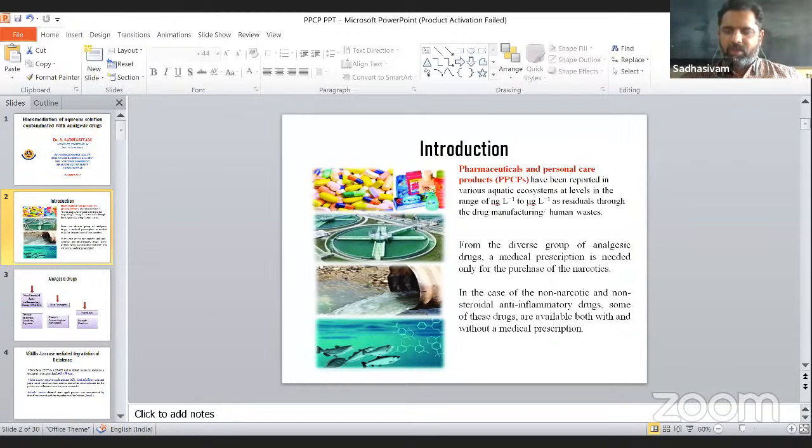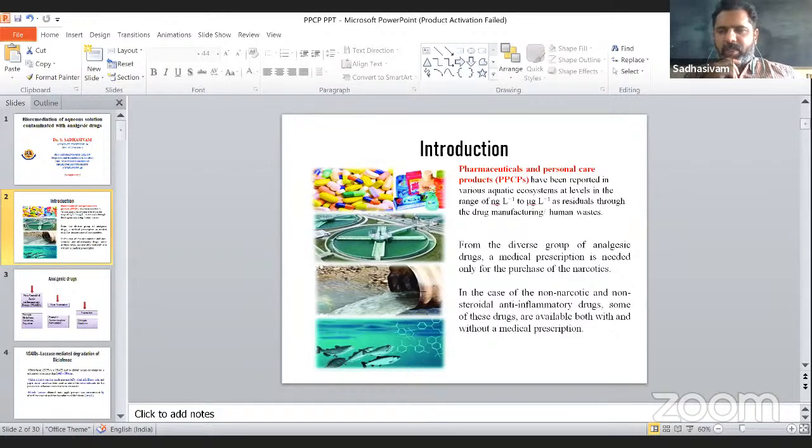These compounds are great because they give us relief, but unfortunately they are very resistant to natural degradation. Hence, they will be present in the environment as they are. It's like a coin. If you dump a coin into the environment, it will remain as such for many decades, and only then will it slowly disintegrate into some form of mineralization. So likewise,